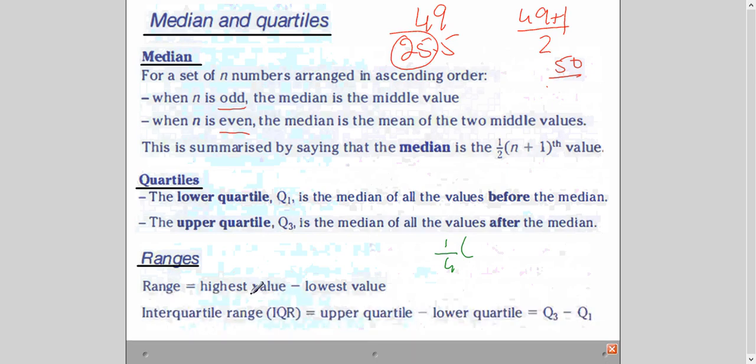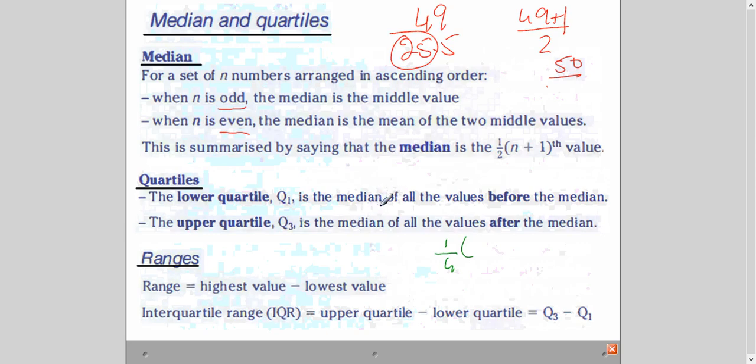Range means the highest value of the data minus the lowest value of the data. And interquartile range means the value of the upper quartile minus the value of the lower quartile. Okay, so we will see all these